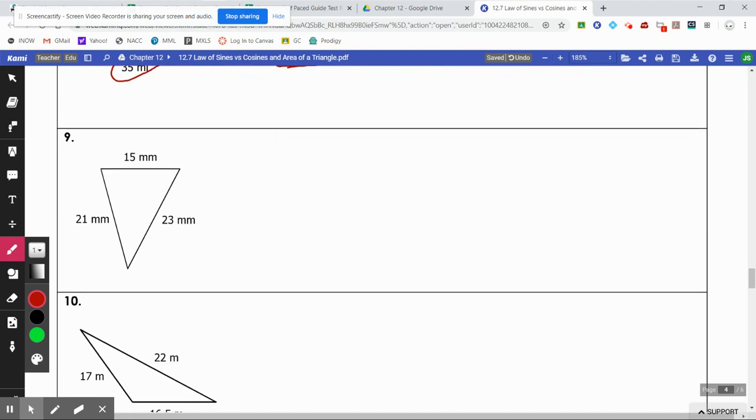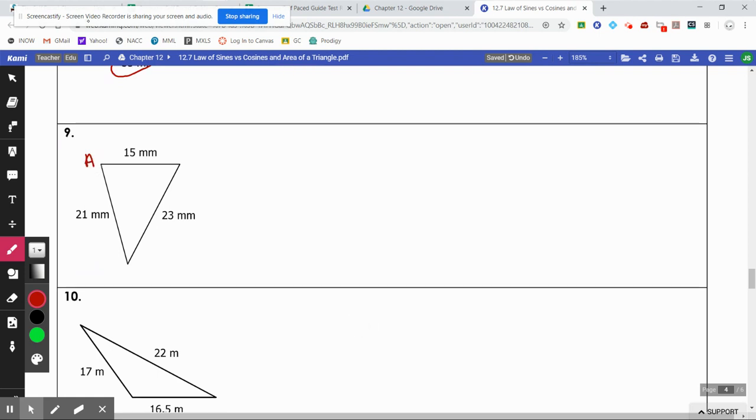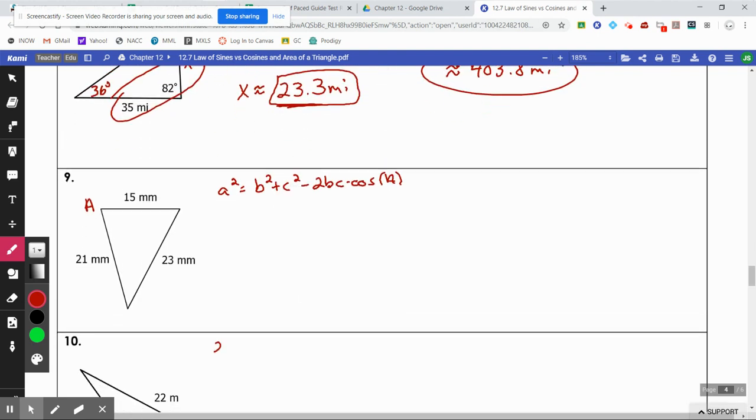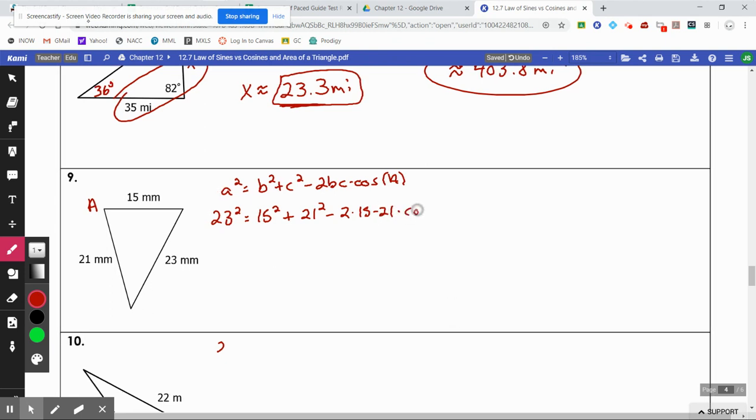This is definitely not a law of sines problem because you don't have any angles. Three sides is always going to be your law of cosines. So we do need to find any of the angles. We'll find this angle here. I know that a squared equals b squared plus c squared minus 2bc times the cosine of your angle A. So therefore, that'd be 23 squared equals the other two, 15 squared plus 21 squared minus 2 times 15 times 21 times the cosine of